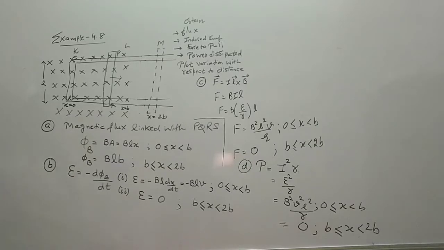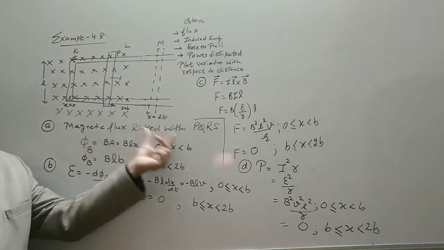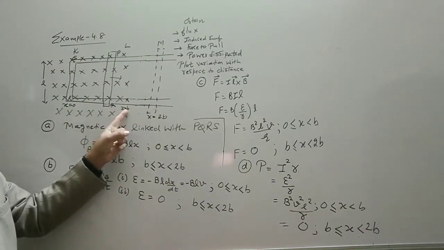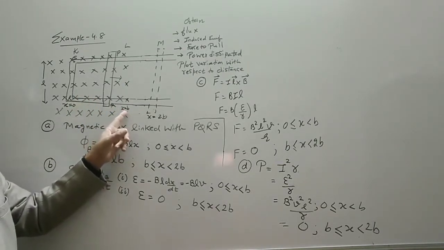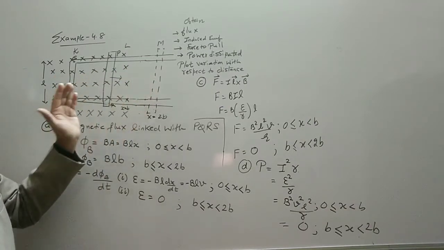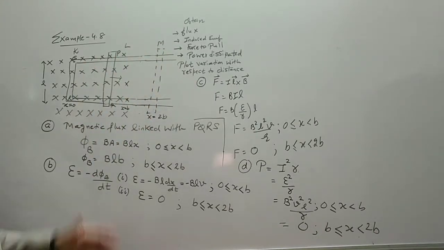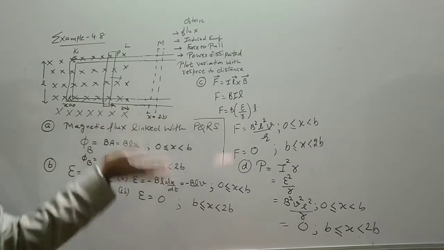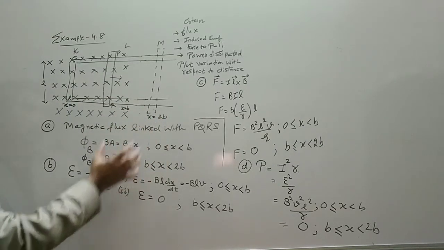So this is the expression for the EMF induced, flux, and force needed to pull. Again I say that the magnetic flux linked with the coil or the frame is variable from 0 to B. Exactly at B it becomes BLB. Then if I continue to keep the rod up to point M, or in this portion L to M, the total magnetic flux will be BLB from 0 to B, plus 0 from B to 2B, but plus 0 we are not writing. So the flux remains constant in this region.